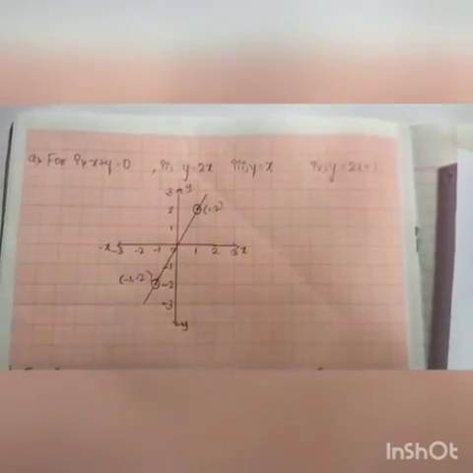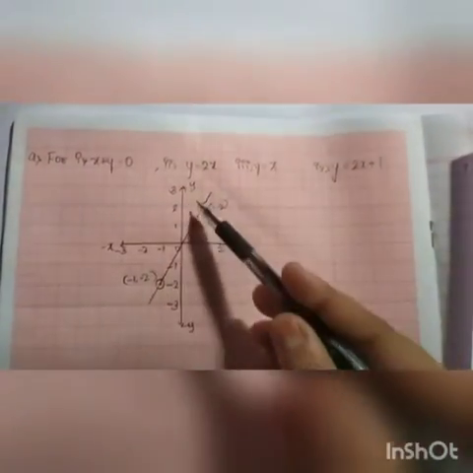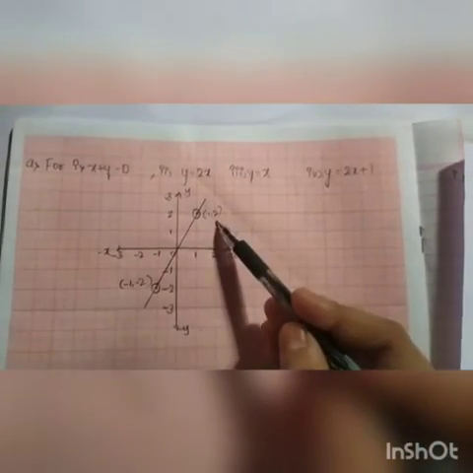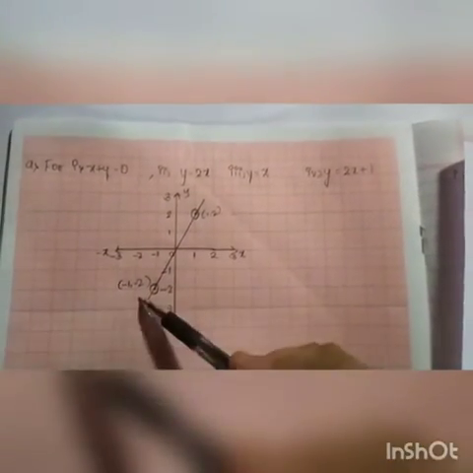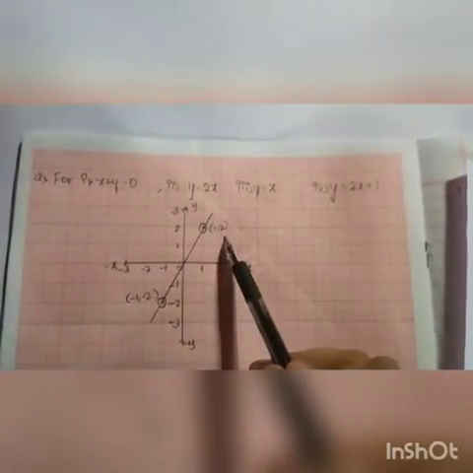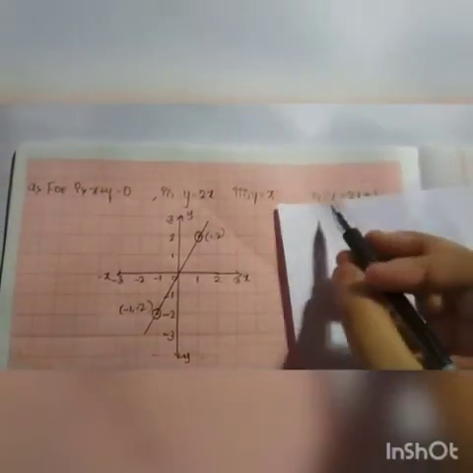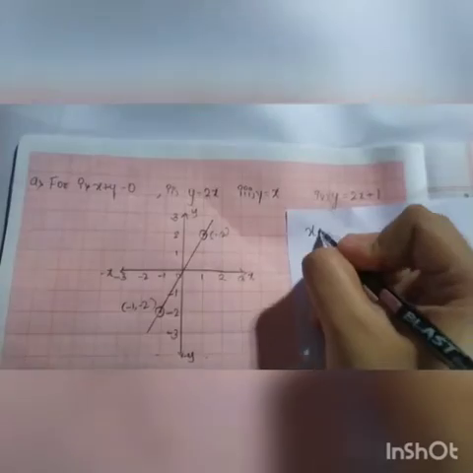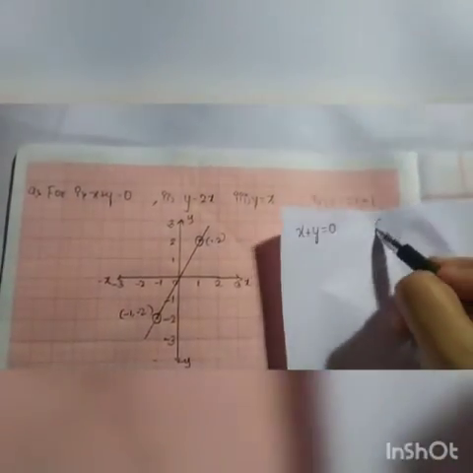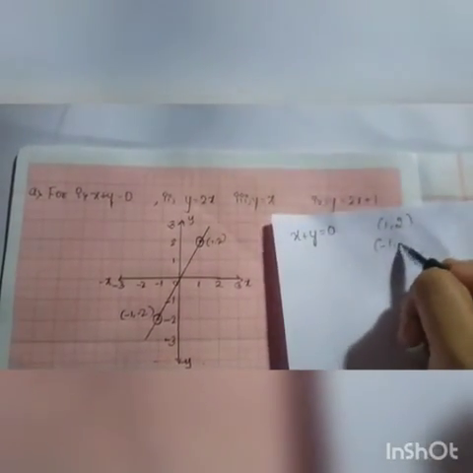Now let me go with some of the graphs which I have given. In the first one, they have already given a graph and you can see the points. By seeing the points, we have to find which of these is the linear equation for the given graph here. So for the first one, let me do a rough check. First is x plus y is equal to 0. You can see the points given are 1, 2 is the first one. Another one is minus 1, minus 2 is the second one.